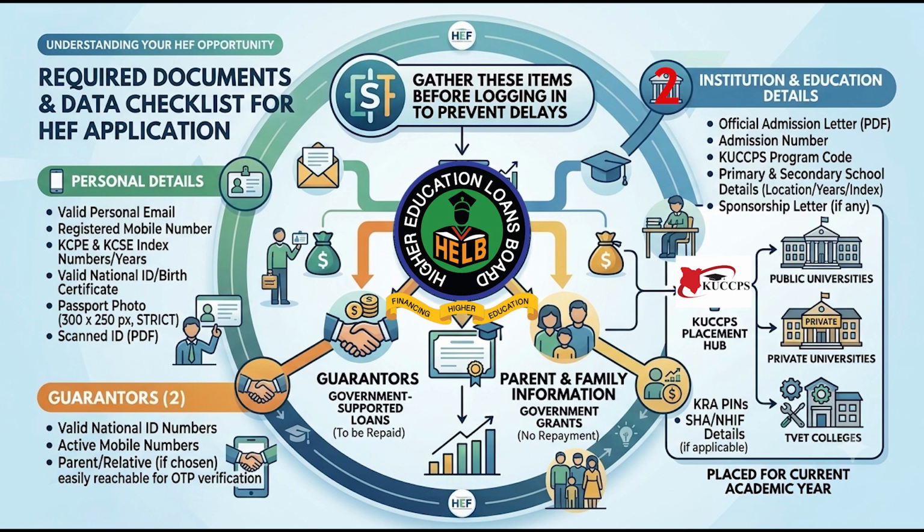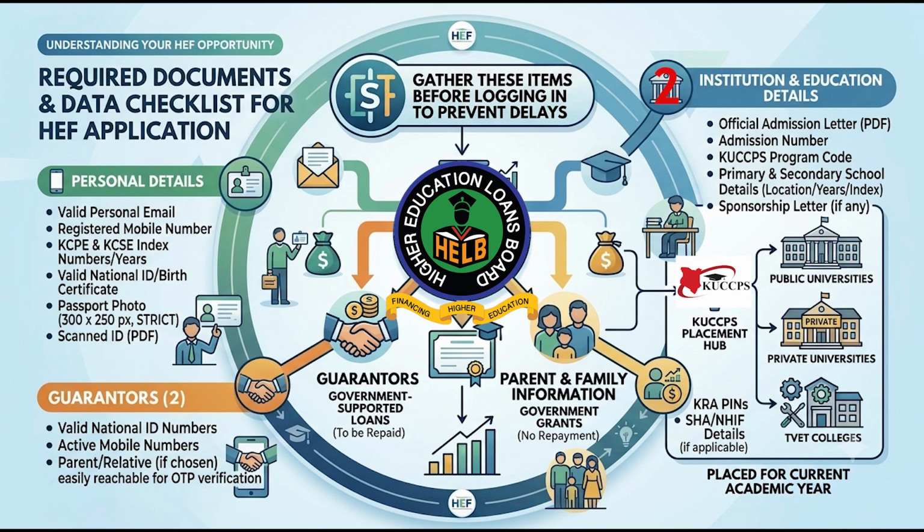your official college and university admission letter, your admission number which is printed on your admission letter, details of both your primary and secondary schools including index numbers, completion years, and the school locations, a copy of sponsorship letter if you received sponsorship during your primary or secondary school, a letter showing fee arrears if you had any at your high school level or primary school level, your parents' national ID numbers and their registered mobile phone numbers, official death certificates if either or both your parents are deceased,